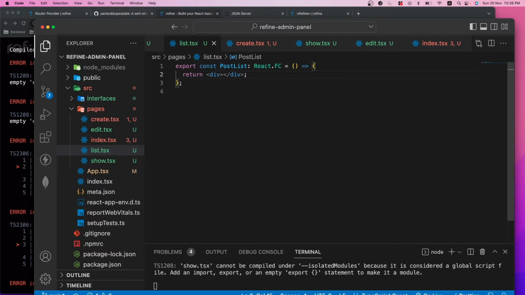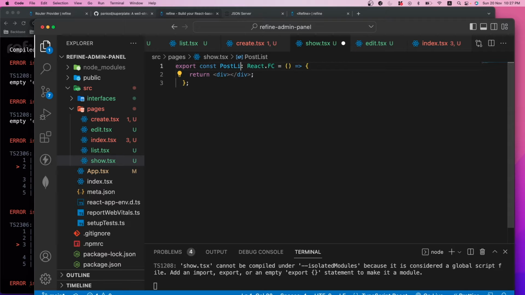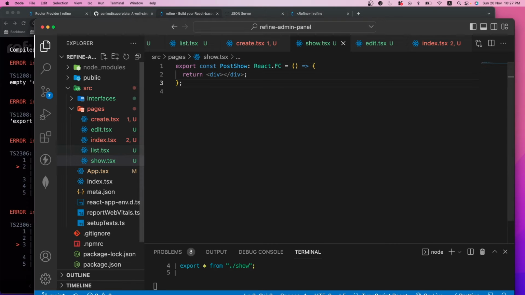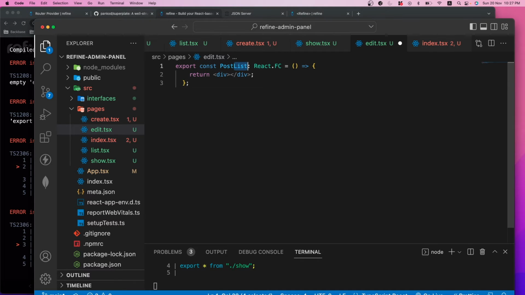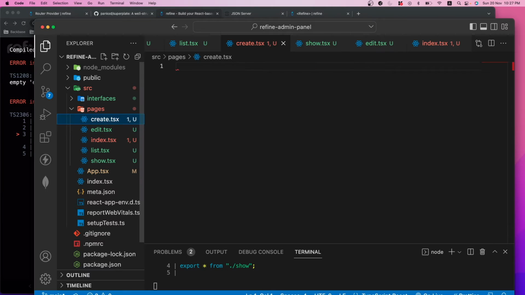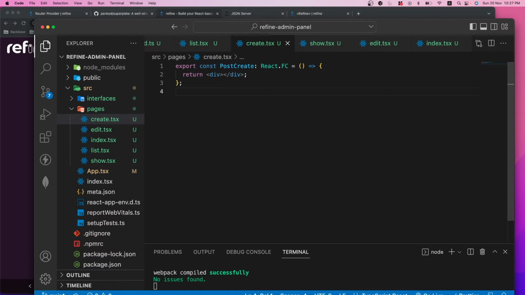Similarly, I'm going to have a boilerplate code in each of the pages. So I'm going to copy this. I'm going to go to the show post, and I'm going to change this to post show. I will save it. Then I'm going to go to the edit, and in the edit I'm going to have the post edit. So let me add it, and then I'm going to have the post edit. I will go to the create, and then I'm going to have the post create. All right, so now I have created all the 4 pages,